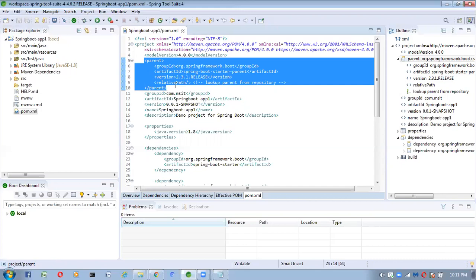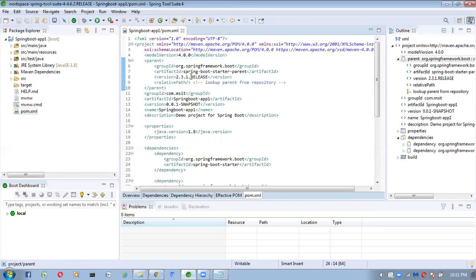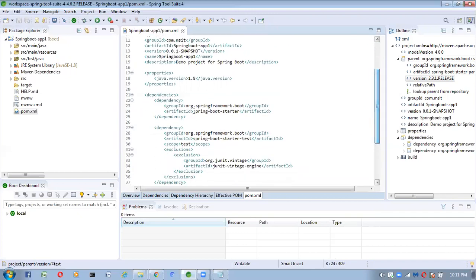So here, for this starter parent dependency, we are providing the version, which is the 2.3.1 release version, right? Next, if you go down here, you can see the dependencies section.